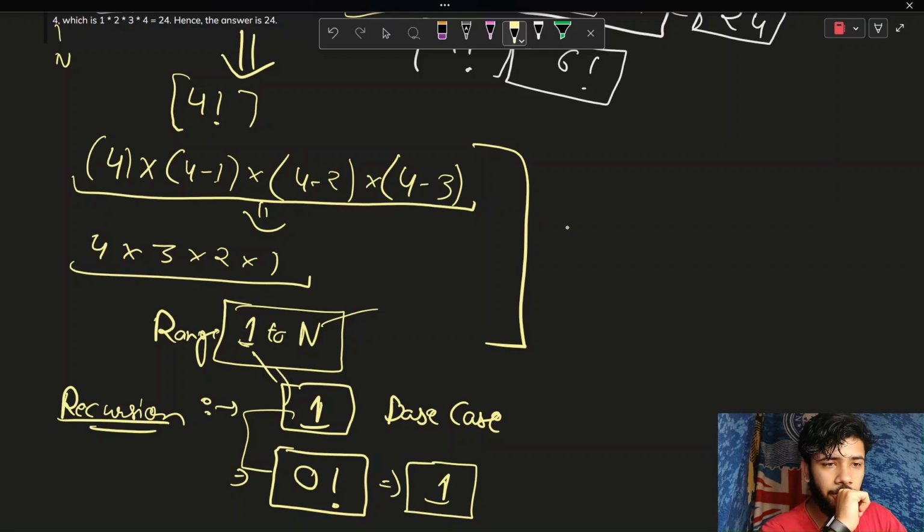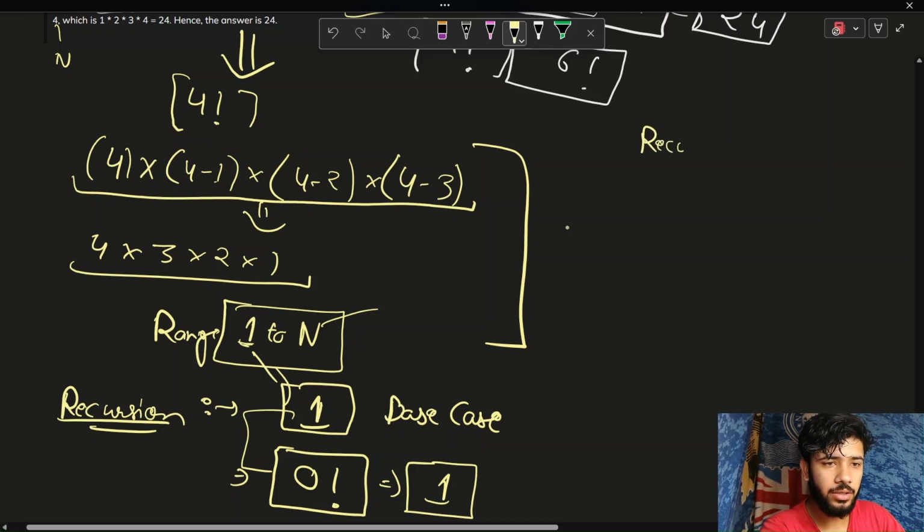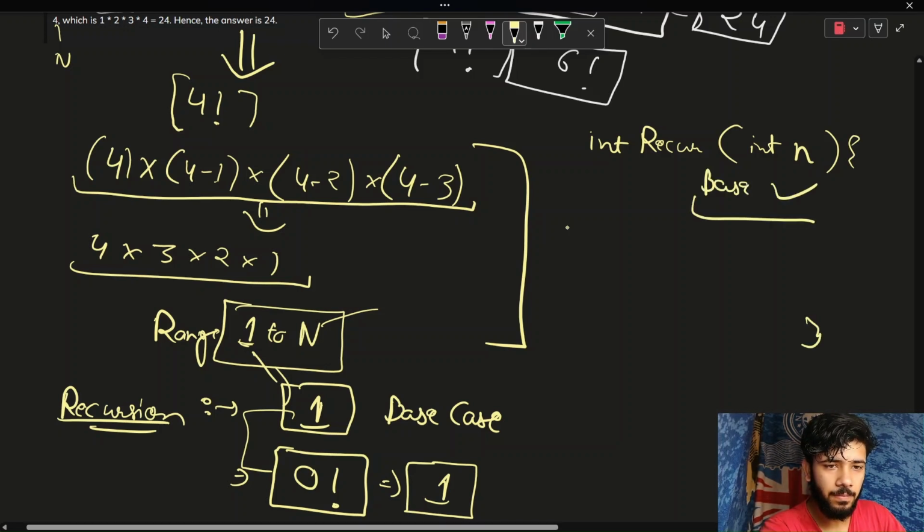So if we make a function, recur is the name of the function, which takes int n as an input and also returns int. If we have a base case done, which we discussed earlier,